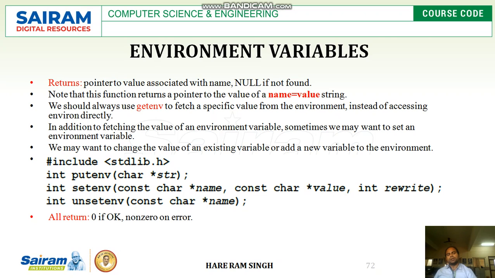Note that this returns a pointer to the value of a name equal to value string. We should always use getenv to fetch a specific value from the environment instead of accessing the environment directly. In addition to fetching the values of an environment variable, sometimes we may want to set